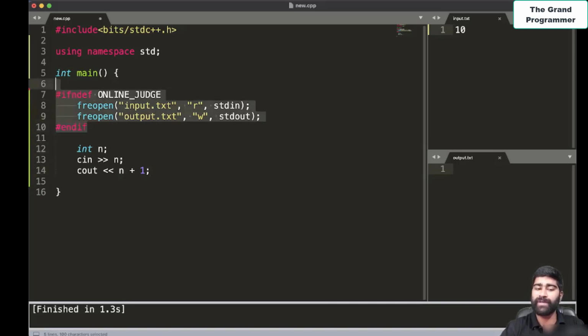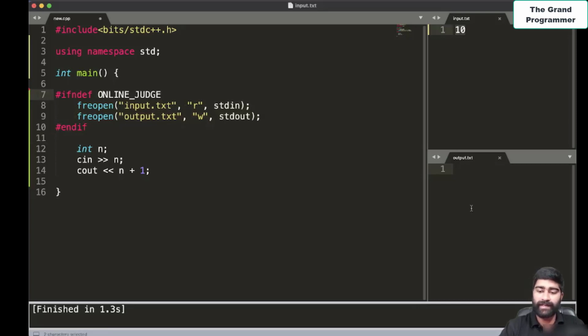So what happens if I submit a code? When I submit a code to any online judge, like CodeChef, Codeforces, all these websites have an online judge behind them, which is actually judging their codes. In those, ONLINE_JUDGE is defined. Whenever an online judge runs a code, ONLINE_JUDGE is defined. I'm not talking about all the judges out there, but mostly in CodeChef and Codeforces it will work. But if you want to submit on HackerRank or HackerEarth, then you need to comment all these lines out. I'm just giving you a simple hack